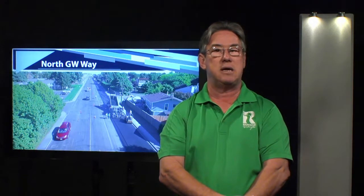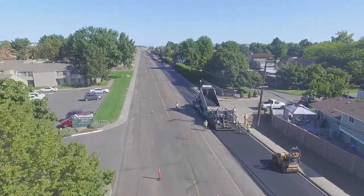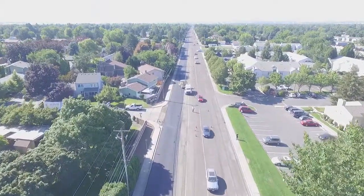Work is progressing on the North George Washington Way improvements. Our contractor is still actively working on Phase 1 of the project, which is between Van Giesen to Sprout Street. The east one half is paved and all the concrete work is finished. Currently, the west one half is being paved between Snyder and Sprout with additional paving on the south end also